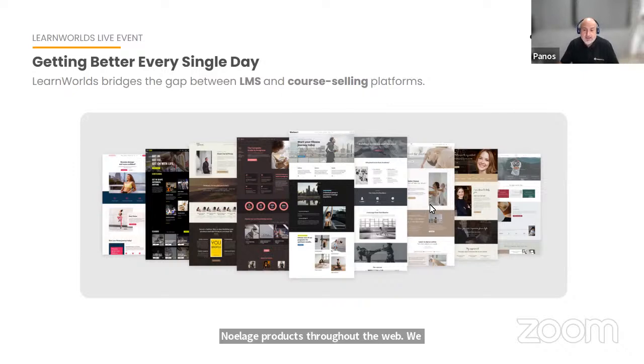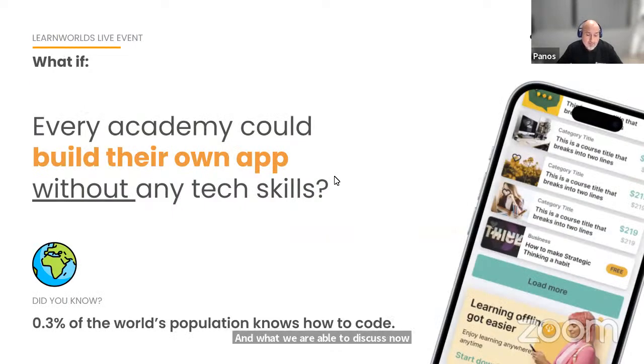We started as a simpler online course platform, but the platform has evolved to be able to cover very powerful, very complex cases of a learning management system, always with a consumer-grade experience, offering amazing, interactive, engaging learning experiences. And what we are able to discuss now is the mobile option. The world is going mobile. Everybody is.